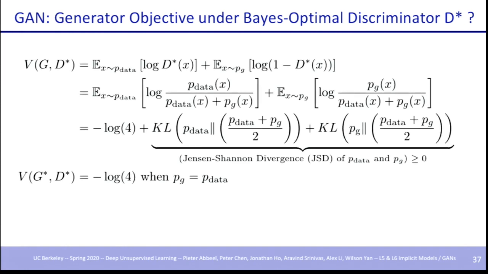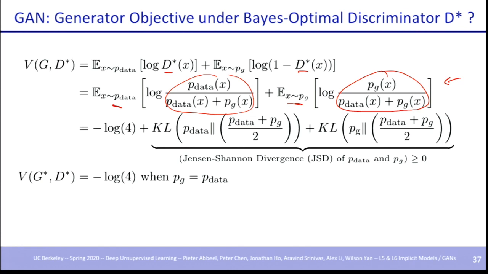Now we can do a bit of extra math. We have an expression for our optimal discriminator. If we fully optimize our discriminator, we can fill that expression into our original objective and see what it looks like if the inner loop is fully solved by the discriminator. So we fill in the optimal discriminator, that posterior probability. If you look at this expression over here, it's some kind of expectation with respect to data, then some log ratio, and an expectation with respect to the generator, some log ratio.